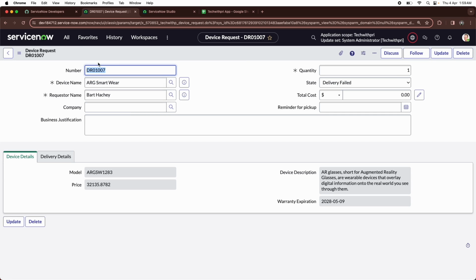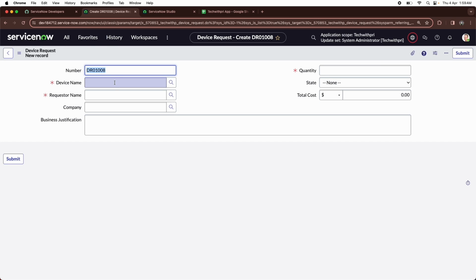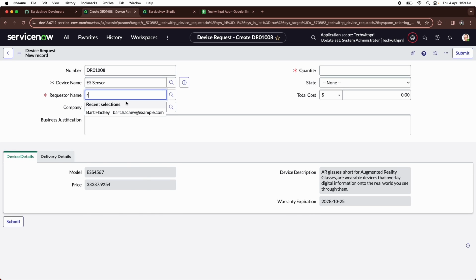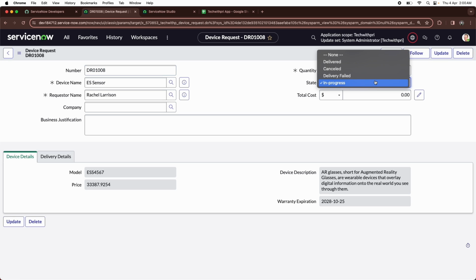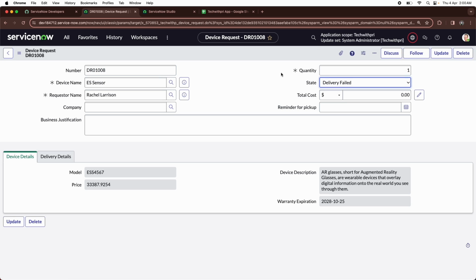Okay, so again, I'll create another record quickly. This is the 001007, so 008 would be maybe a sensor, maybe Rachel, quantity 1, and again this one I'll also save at first in progress, and now I will choose delivery failed. Okay,